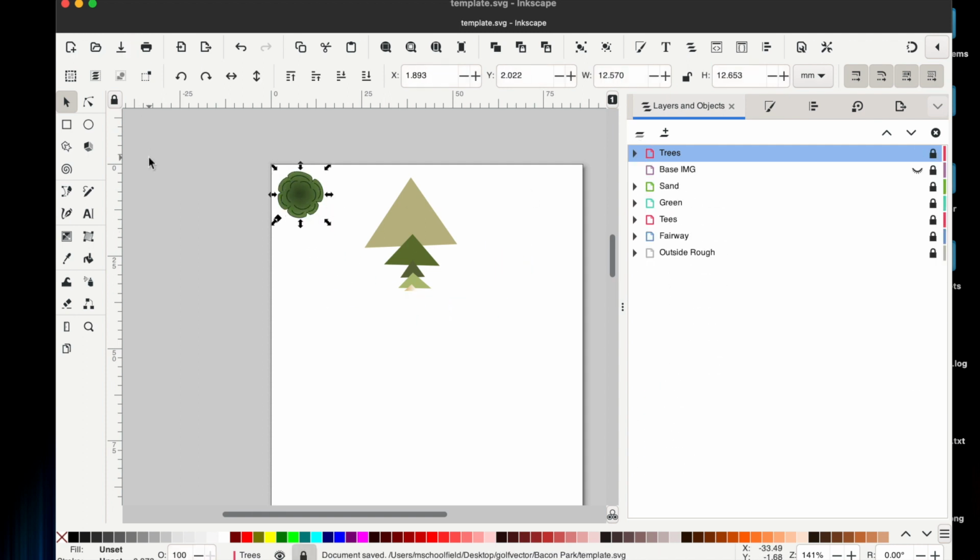All right, so that is your template there, and you'll want to have a base image sort of space there, and I'll show you how that works. But we're done with the template, and the next video will be how to use this template and illustrate a